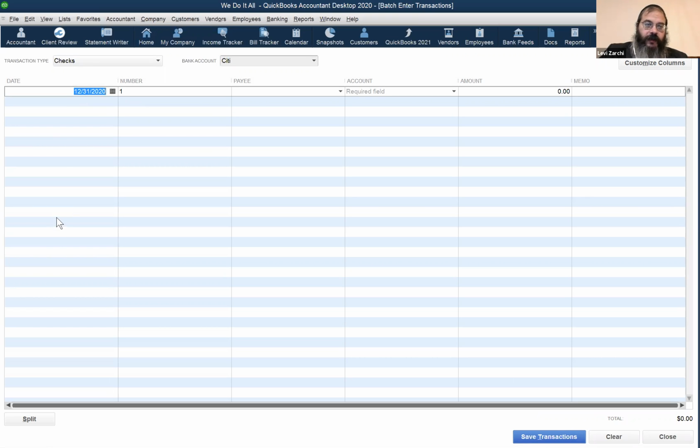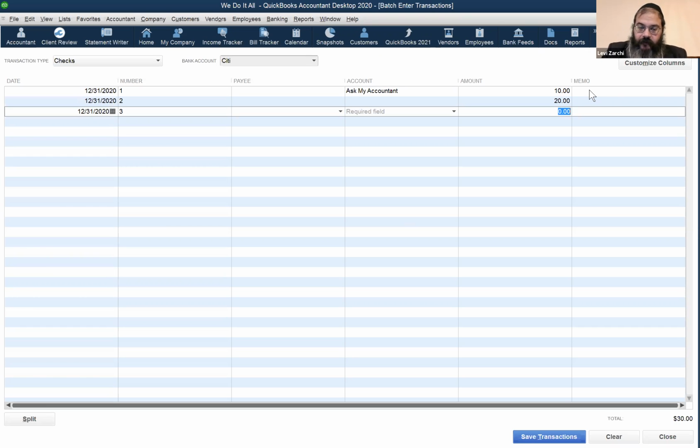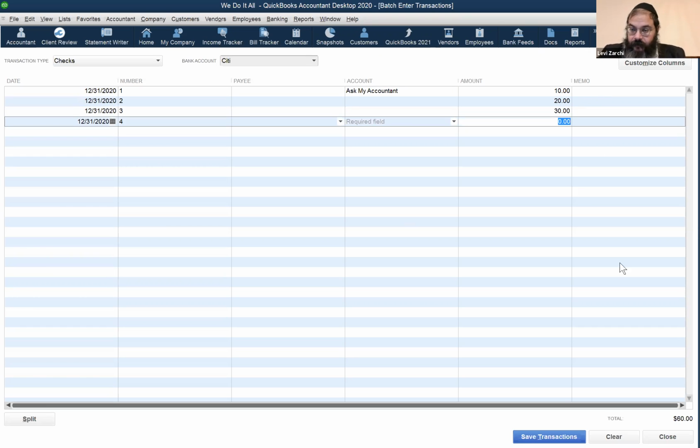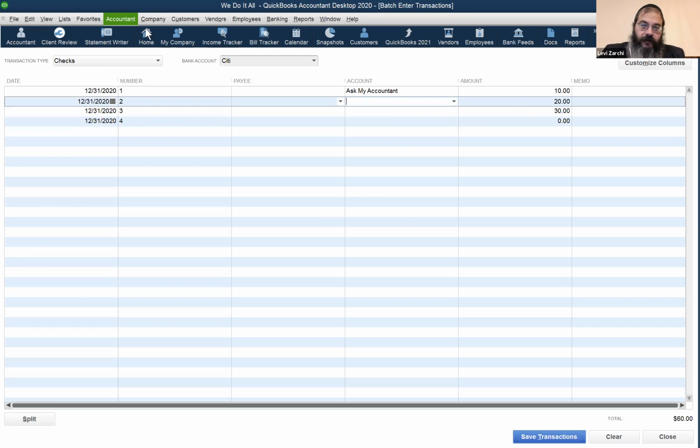You can have a list of transactions by date. You could put in the payees. You could put in even the accounts. You have to pre-fill them, right? If you're not sure, you just want to get into QuickBooks, you could do ask my accountant. You could copy everything as ask my accountant. The amounts would go in, and you would see on the bottom, for example, if I put in 10, 20, and 30, I would have a total of 60 in the bottom right corner. So I see the total of my entries, and once it's in there, I can later on go to reclassify,